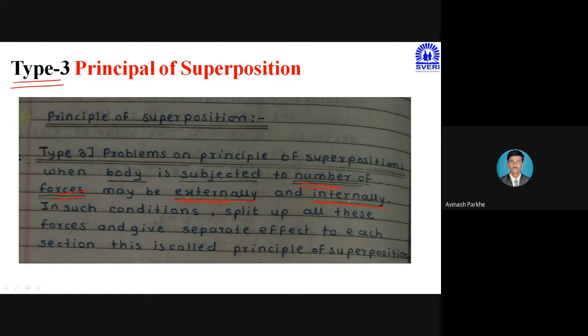So it is not possible to take only the external force, or only the internal force, for the further calculation that we have taken in type number 2. In type number 2, if you remember, the body is subjected to only one force which is applied externally only. म्हणजे एक लेफ्ट साइडला ऍक्ट झाला होता, एक राइट साइडला ऍक्ट झाला होता. And that same force we have considered for all the 3 sections. मग त्या ठिकाणी ते 3 सेक्शन असू द्या किंवा 2 सेक्शन असू द्या. Only a single force we have considered for all the 3 sections.